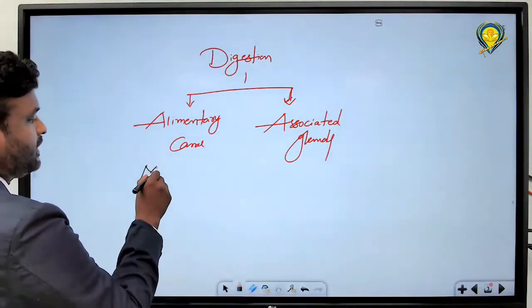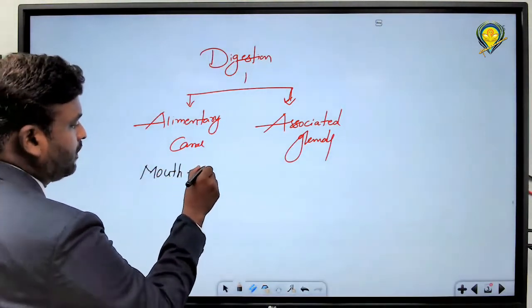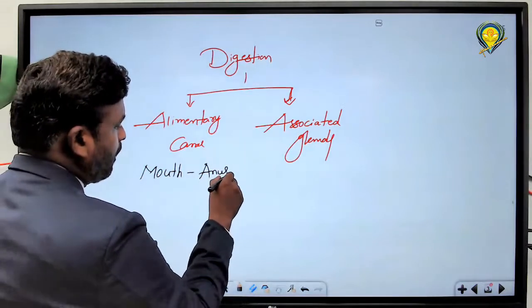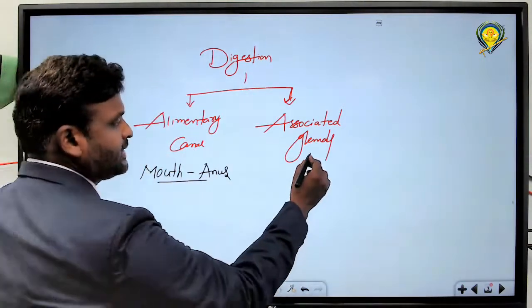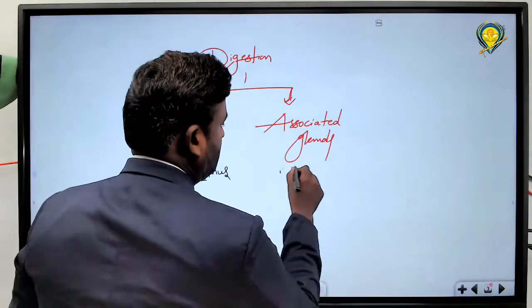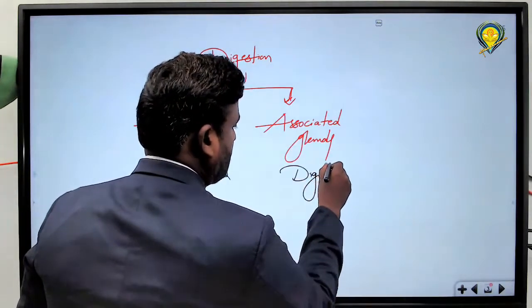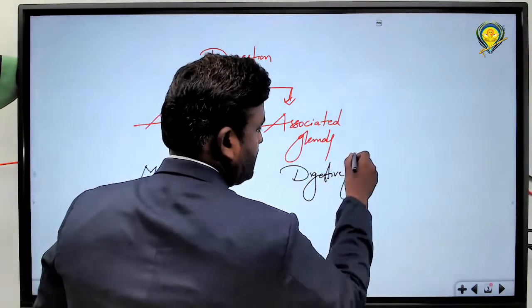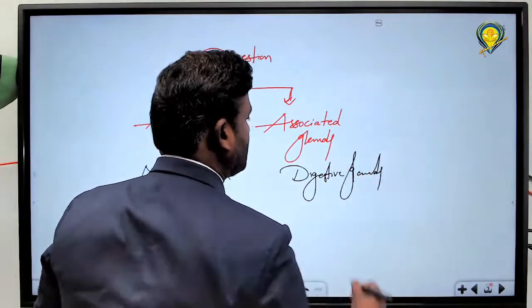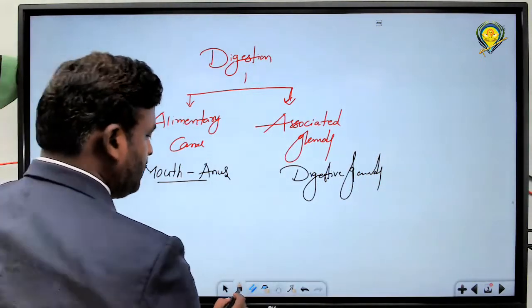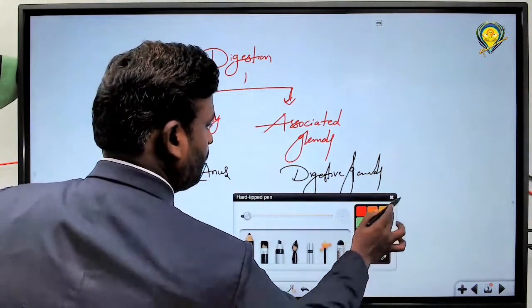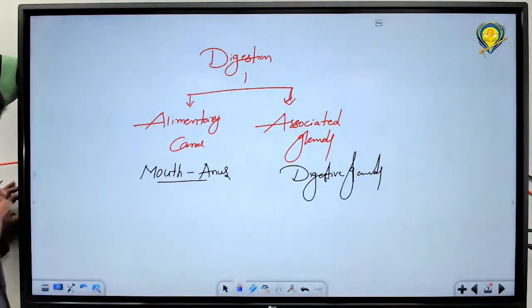From mouth to anus. Associated glands are nothing but digestive glands, which help in digestion. I will discuss each one with you. Listen, first we have to talk about